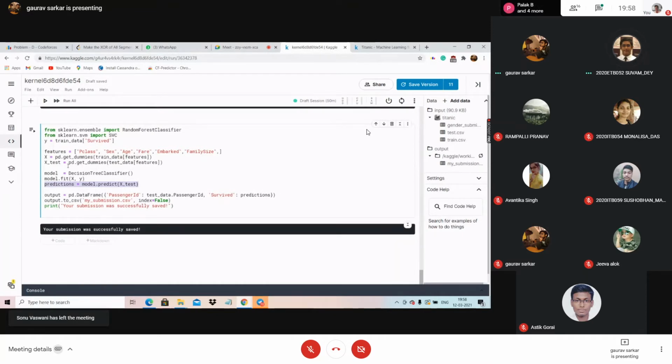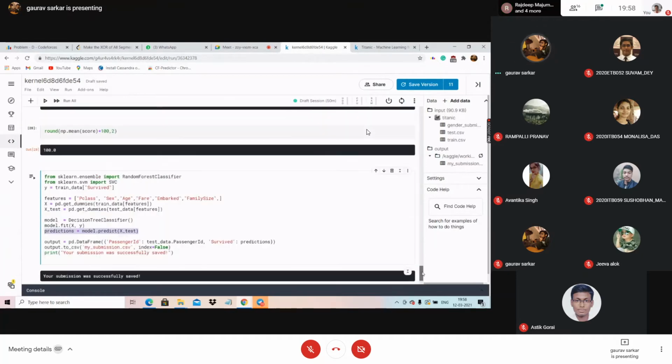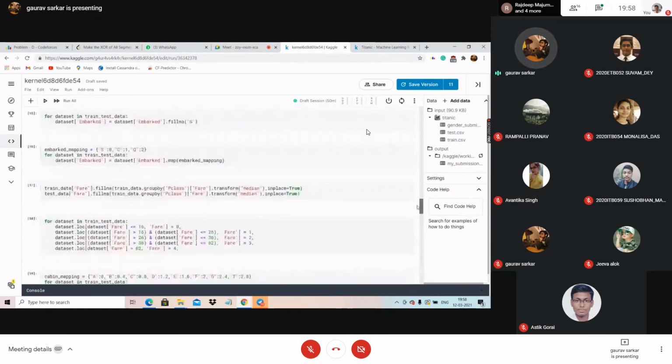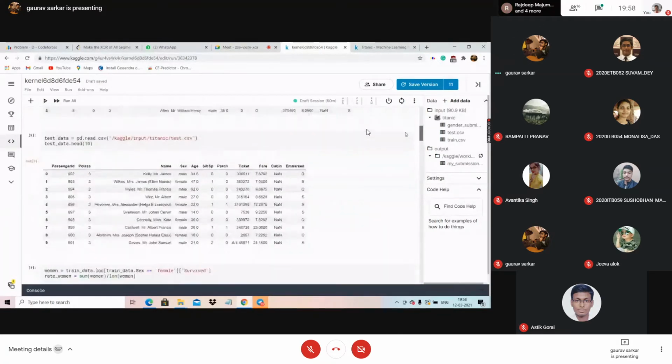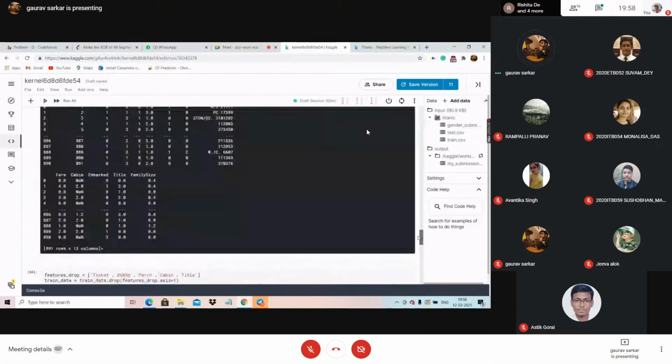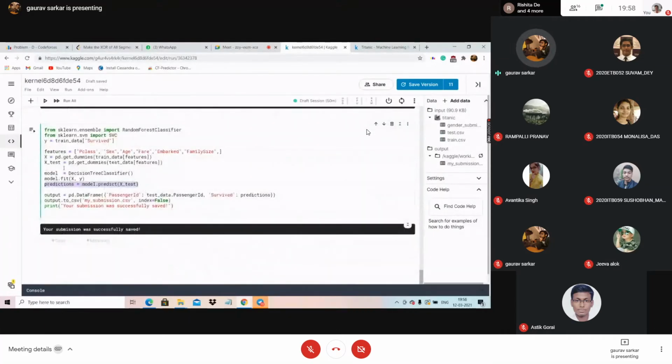Okay, got it. Actually, it's the last part of the code. If I scroll up, you will see there are a lot of things. This is actually the actual regression model. And before that, there is a data analysis part, the data cleaning and all those parts. I will be going through that also. But for the regression part, just see this is the code.